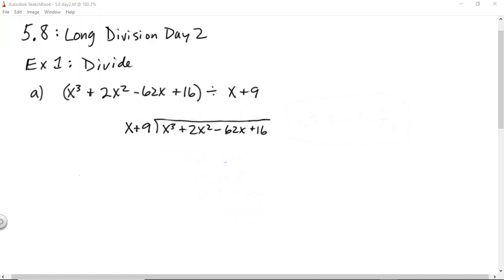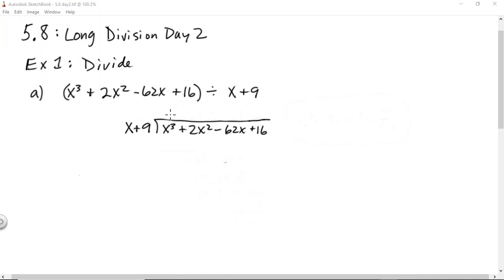Hello, algebra students. We're looking at long division again, polynomial long division that is. So we're going to do a few more examples, so let's get started. So we have this cubic polynomial divided by a binomial,